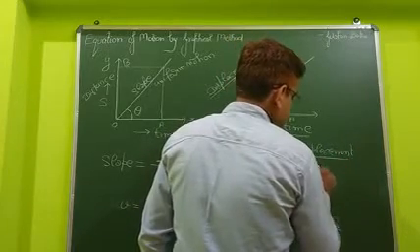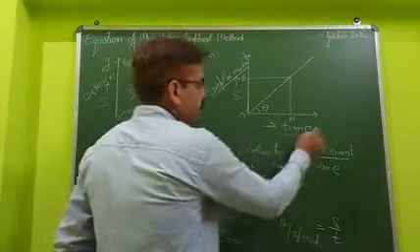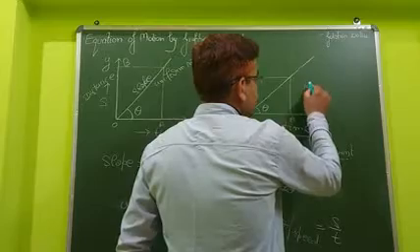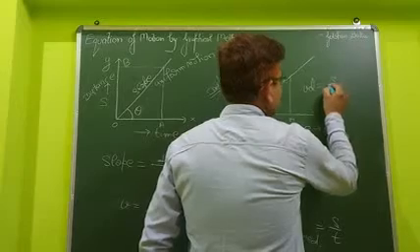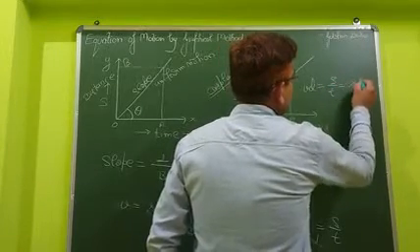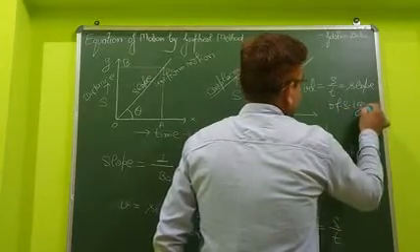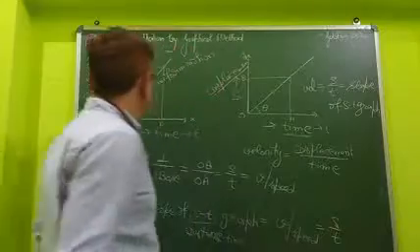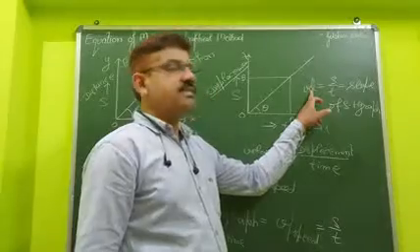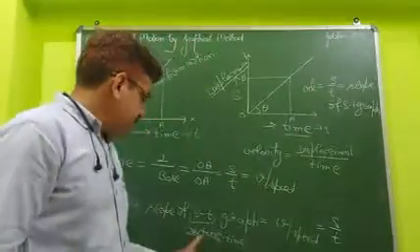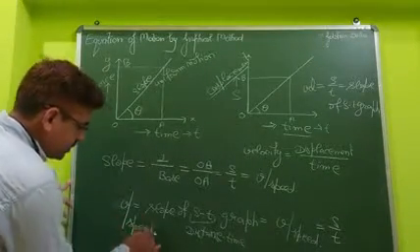Displacement over time. From the graph, if you find displacement s over time t, then velocity v is equal to s over t, which is equal to the slope of the st graph. So this is the slope between distance and time, and this is the slope for displacement and time. In one case we got the velocity, and in the other case the result will be speed. So this is the first case.